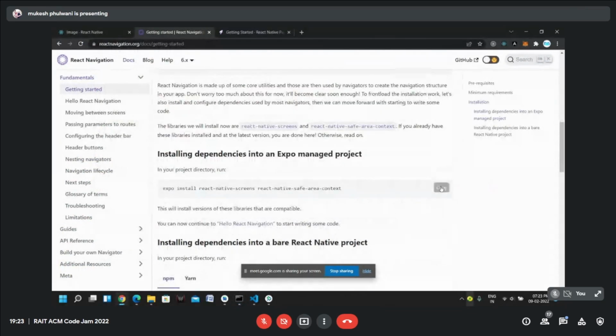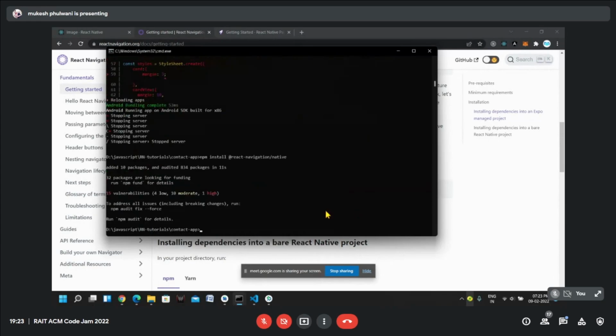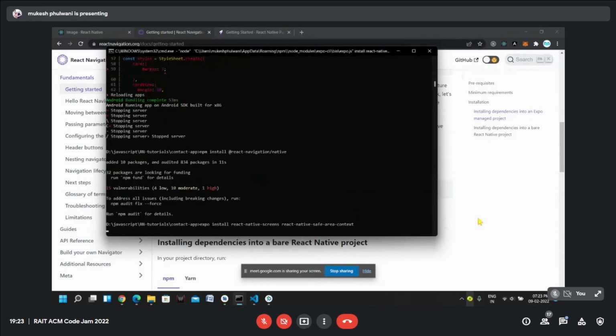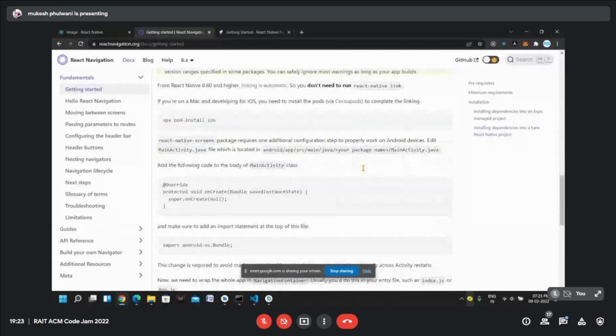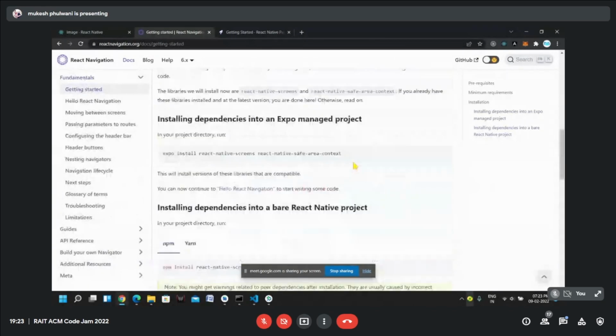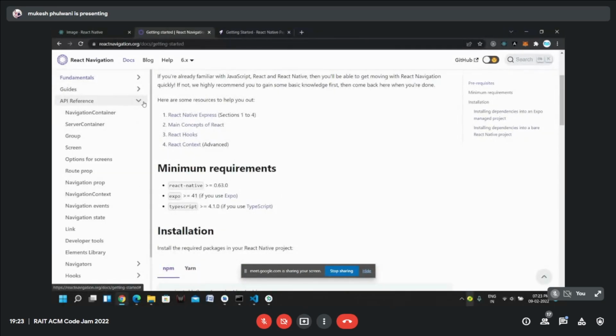And we need this as well. If we are using Expo, we need to install these things as well. Okay, that's it. Apart from that, we have primarily three kinds of navigation.